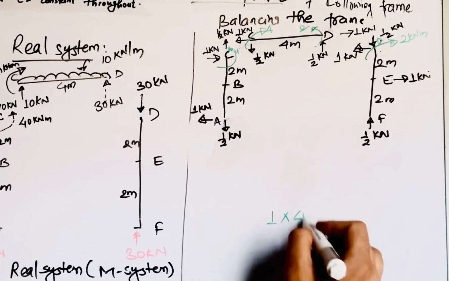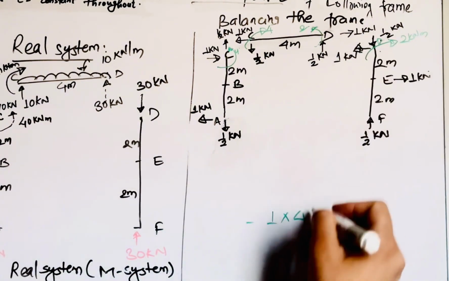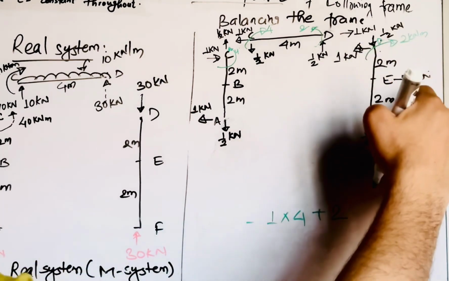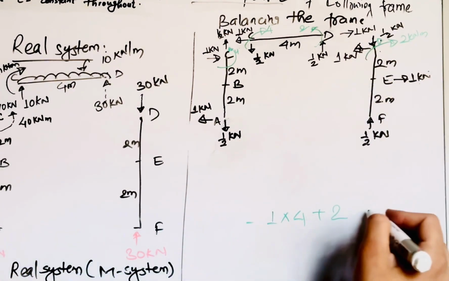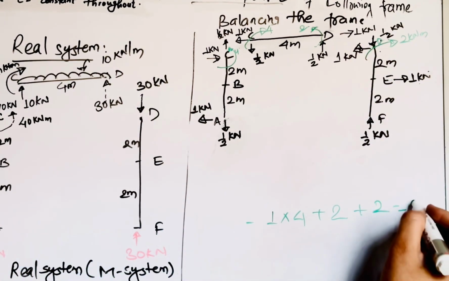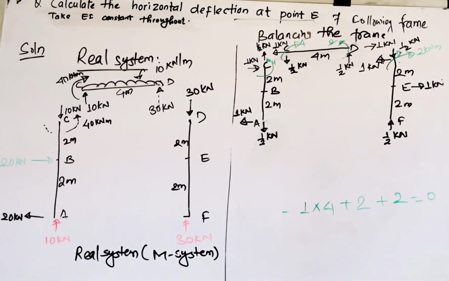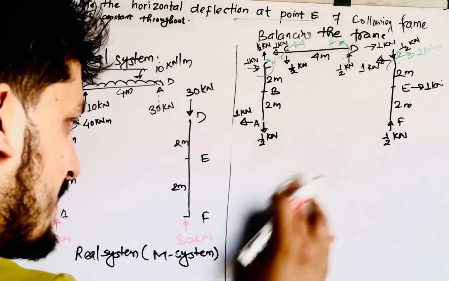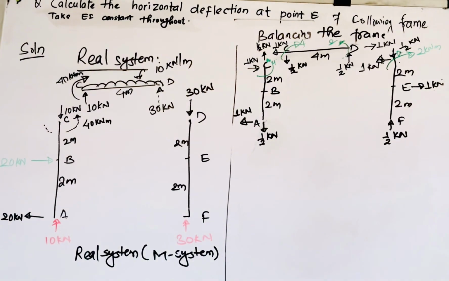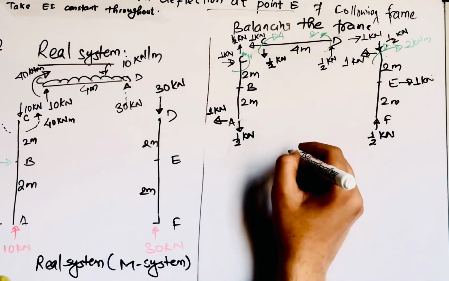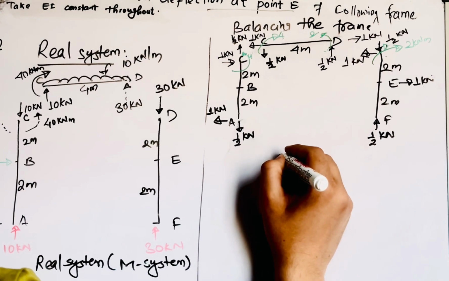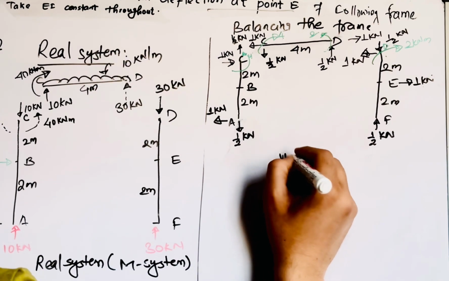1 into 4, that is anti-clockwise, plus 2 is clockwise, again plus 1 into 2 is clockwise, right? So that is 0. So whatever you write is correct and it is balanced. So this system has been balanced. You need not worry about this, right? So this is what you can say is the virtual system, unit load system